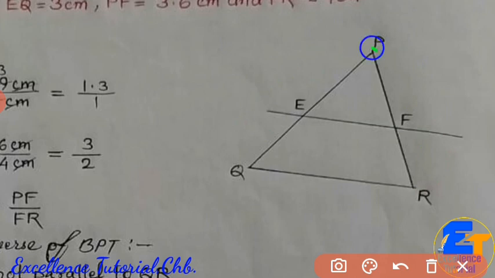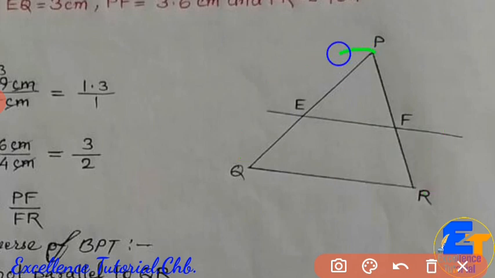In this question, the full length of side PQ as well as the full length of side PR is given. And moreover, the length of part of each side, that is PE and PF, is given in the question. So in order to find the ratio, as you know, if the ratio of the left part is equal with the ratio of the right part, then only we can say EF will become parallel to QR, isn't it?